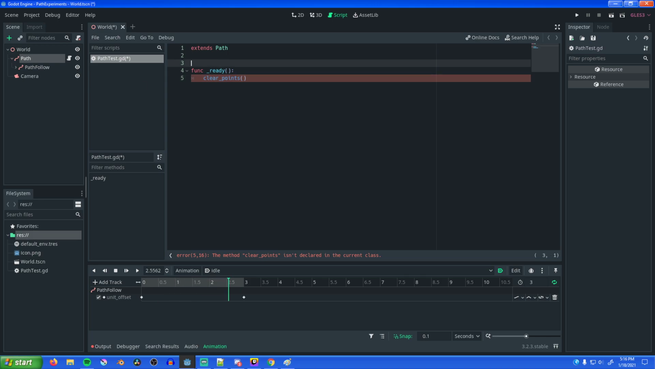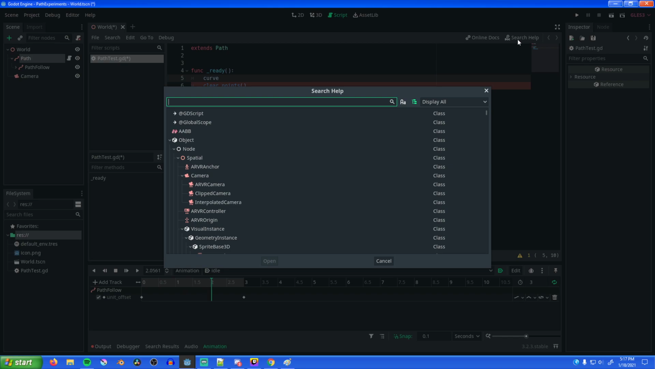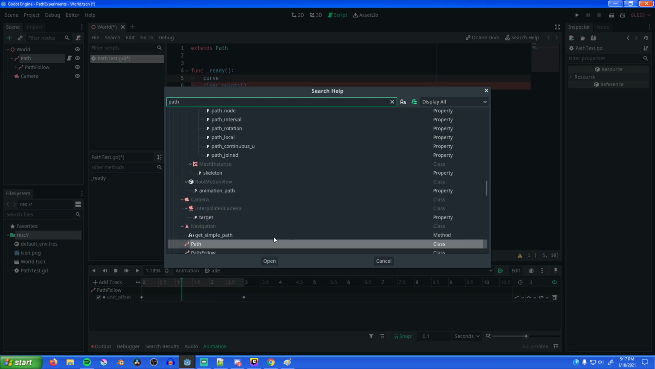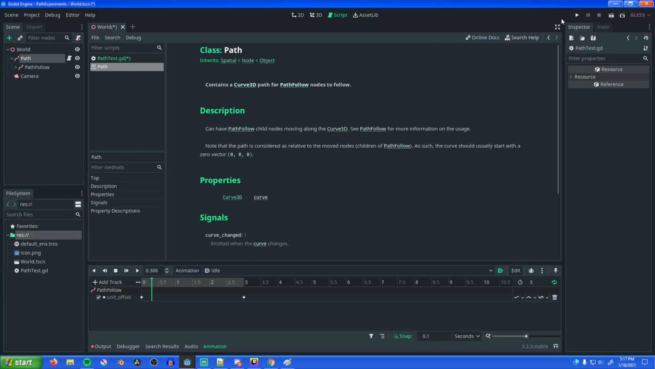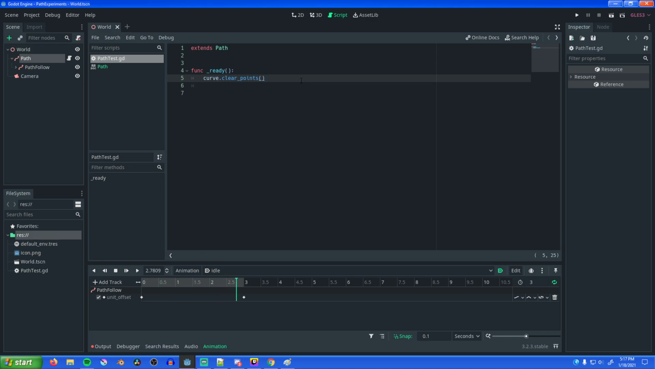What do you mean clear points isn't? Oh, it's under, okay, hold up. I need to get the Curve3D. Is that it? Let's see. We have path. Yeah, it's just called curve, which is a little confusing. Curve dot clear points. There we go. Okay, so first up, we're just going to clear the points. Then we need to